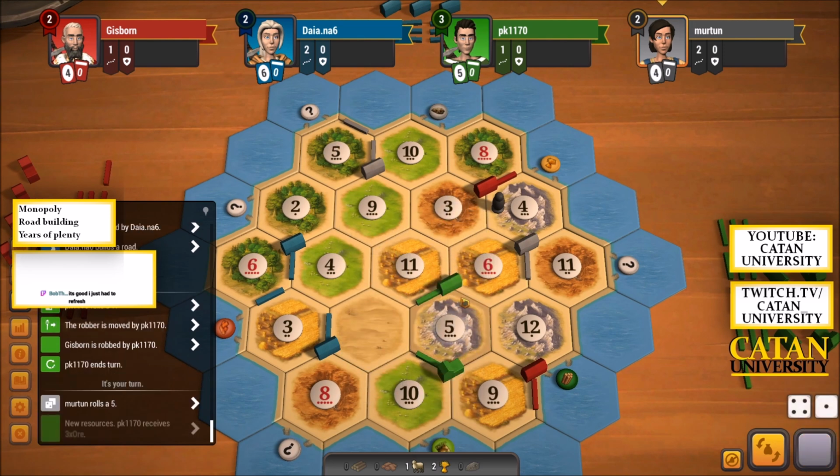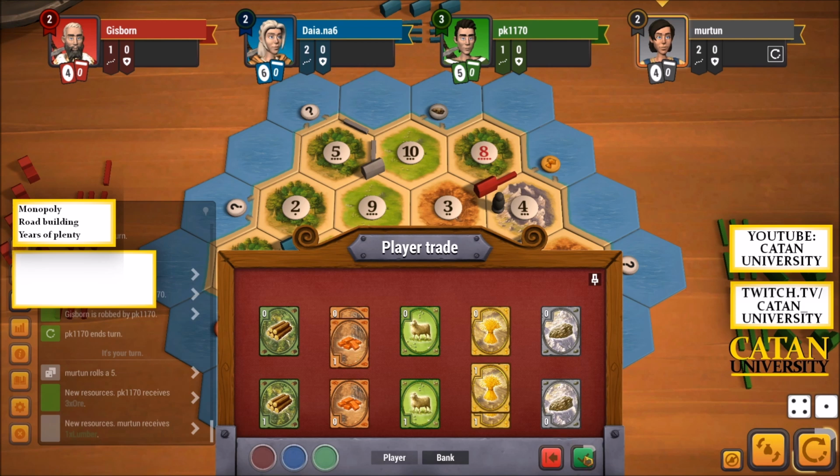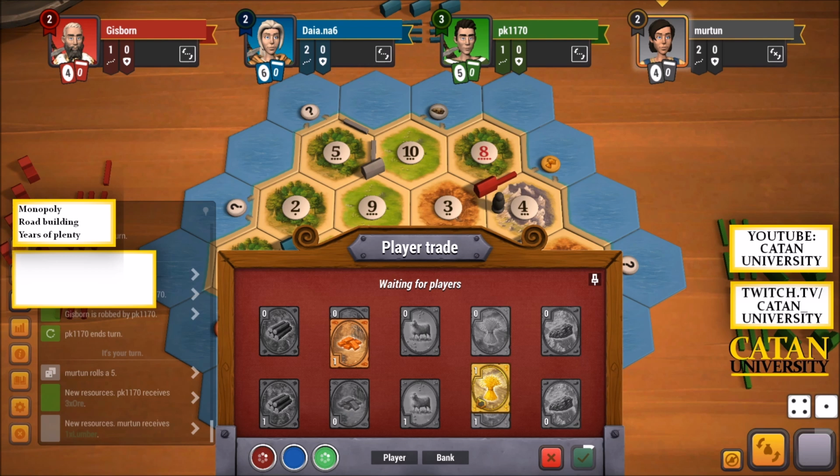So we do get a 5, but again, that's such a good number for green. He needs a 6, or yeah, he needs a 9, and he gets another city. And our brick got stolen, so that really sucked. Let's see if we can get it back, maybe. Don't really think so, but